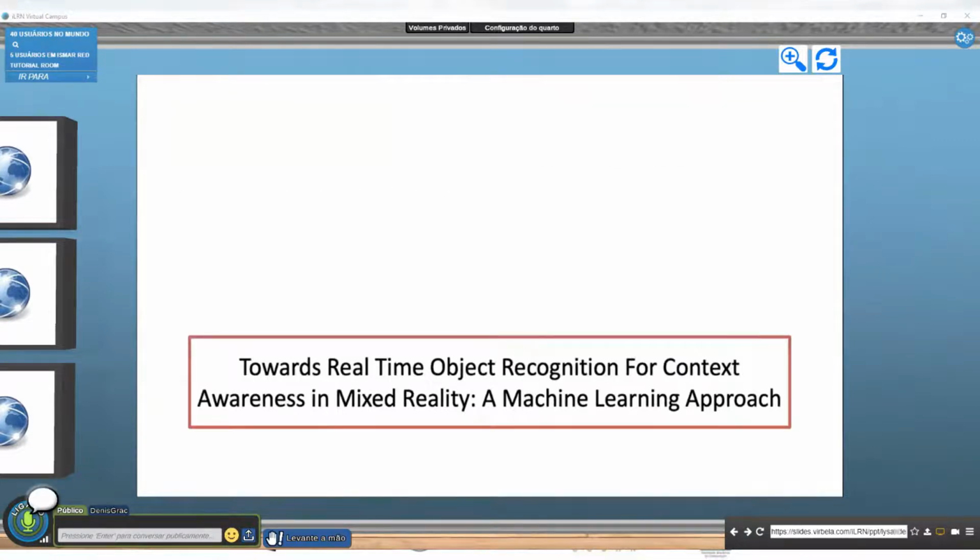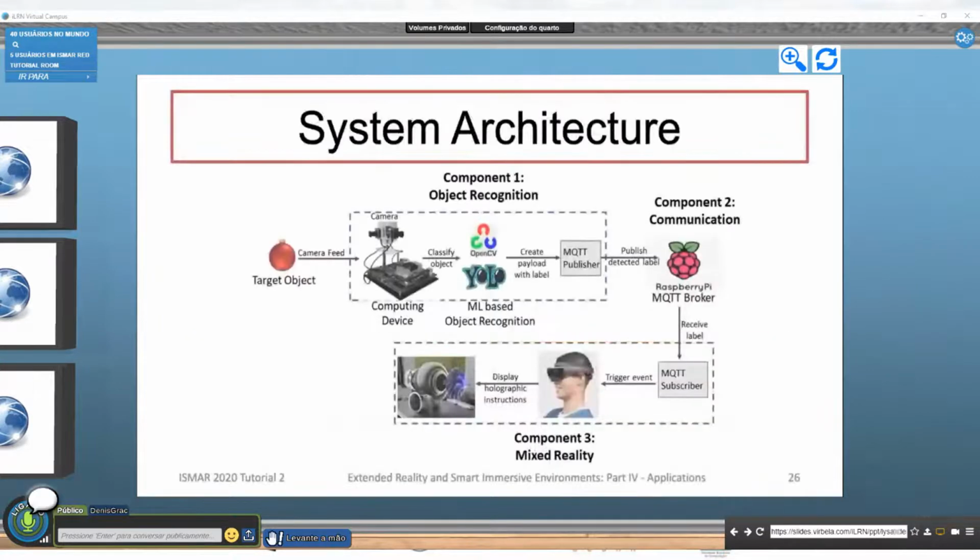The next application combines Internet of Things, artificial intelligence, and extended reality in a single package, so to speak. So that's the topic: how to go towards real-time object recognition for context awareness, with a mixed reality, machine learning approach. The system architecture